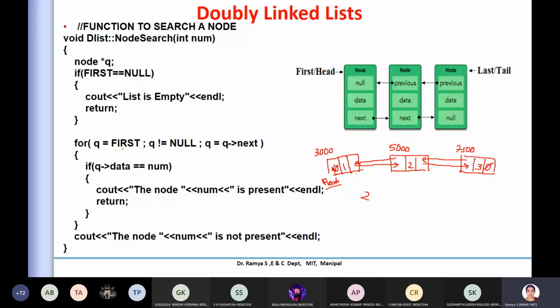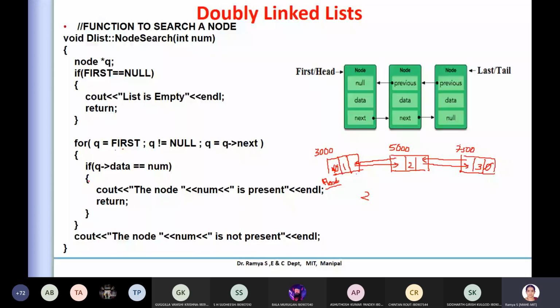Once it is done, its data, whatever I have here, is nothing but your 2. So it is equivalent to what you are searching. Once you find that value, you return from there. Now, if the search element is at the end, then you give that position. But if you try to take the next value and it is null, meaning it is the end, it can't go to the next value. So you come out of this for loop whenever you find this next is equal to null. At that point you come out of the for loop. I hope it is clear.